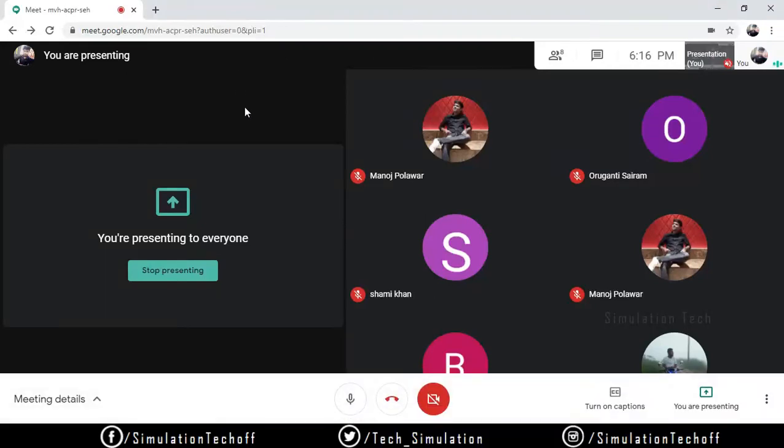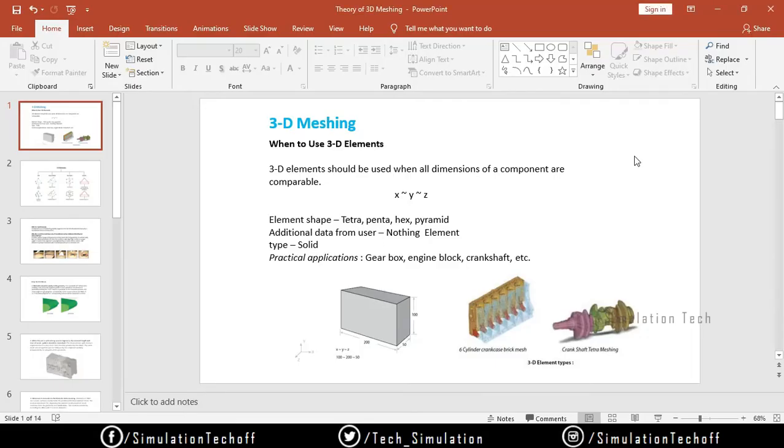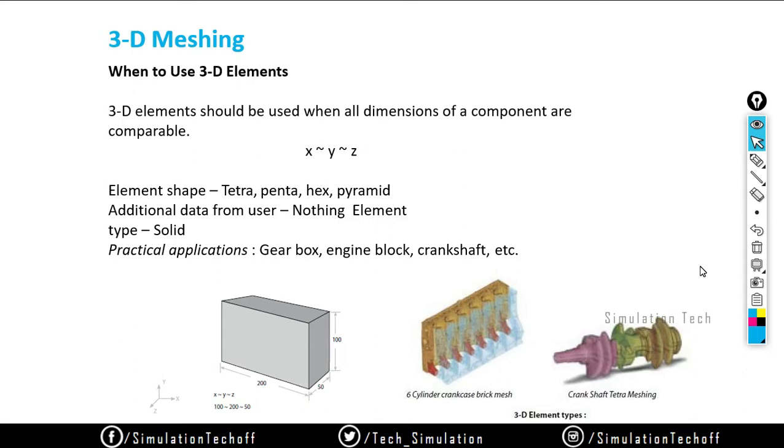So today's topic is theory of 3D. So far we have seen the basic theories for 2D. We'll enter into 2D meshing or geometry editing. Likewise, 3D also has its own theory sessions, and 3D meshing also. Okay, it's not too complicated. If you are well aware of 2D meshing, it is very easy.